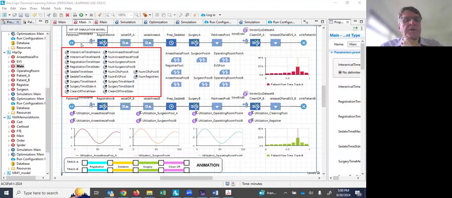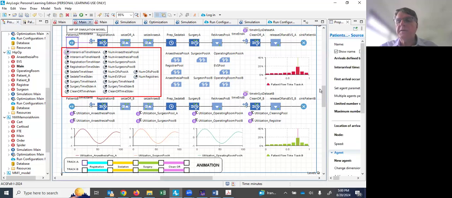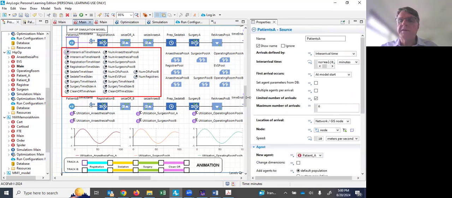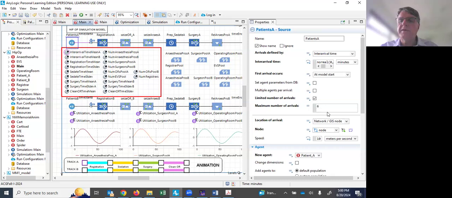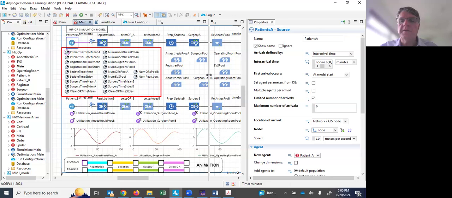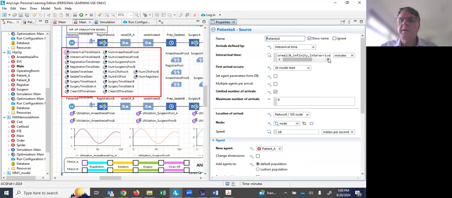Let's go through one of these tracks to just see what's entailed. So patients are arriving here, and the way this is set up is they're going to arrive every 90 minutes, and that time is going to be normally distributed. Okay, so there's the inter-arrival time mean, and has a standard deviation of 5. So one thing to note here is that there's just a ton of parameters that we can play with to consider various scenarios, and